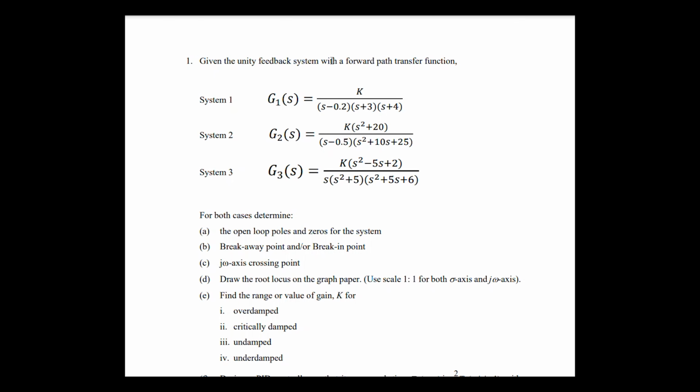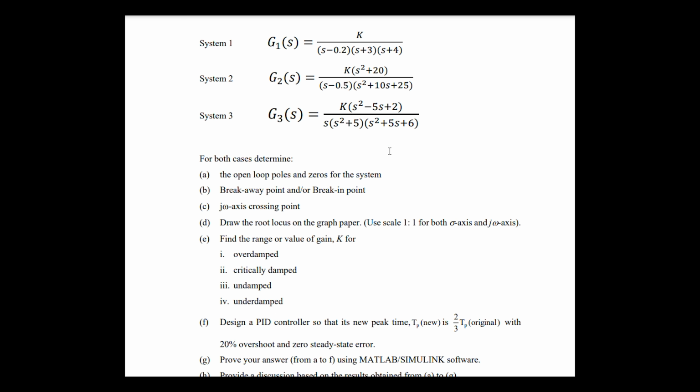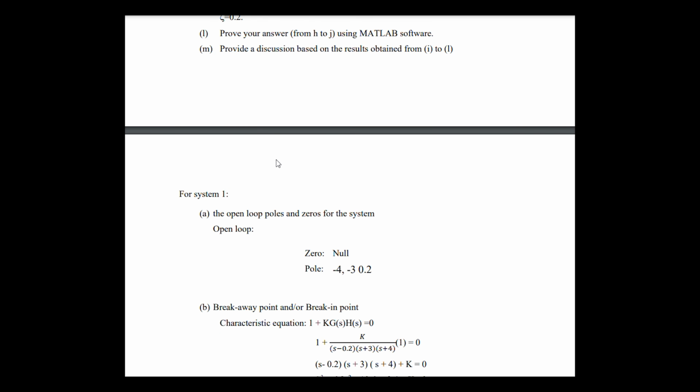I will explain about the system 1 for the calculation part. So first, the system 1, the transfer function that the equation gives is K over s (s plus 0.2)(s plus 3)(s plus 4). So first, we need to